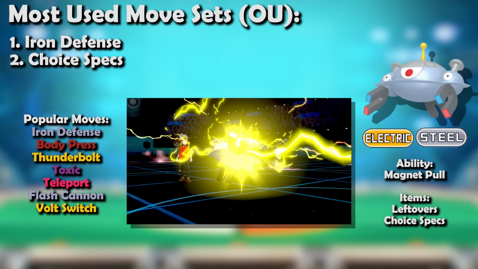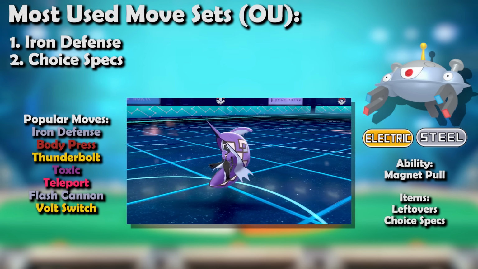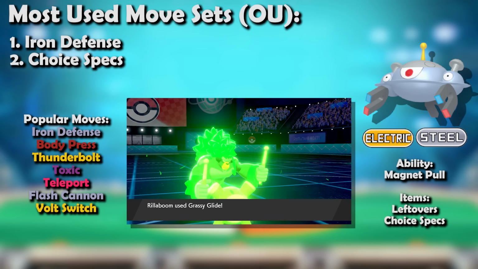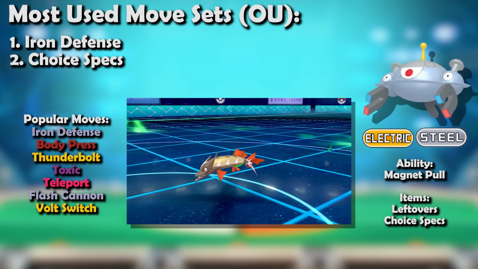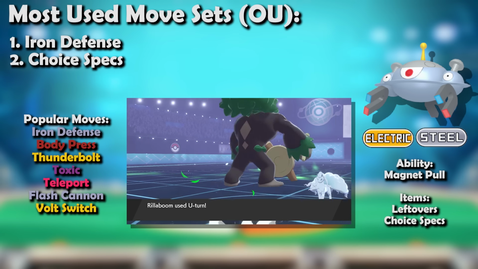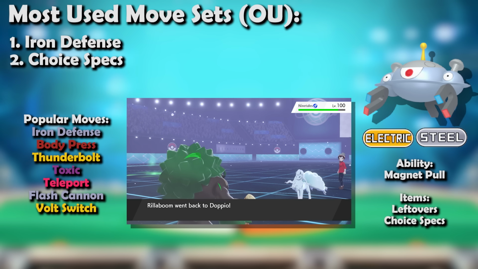And if it really wanted to run Specs and still do something to Ferrothorn, it could still run Body Press to decent effect. As such, Magnezone excelled because of the teammates it enabled. It was a particularly superb supporter of the dangerous Choice Band Rillaboom, which also helped it get on the field with U-turn. Speaking of switch moves, this was an especially defining feature of Gen 8 OU offense, and Magnezone had